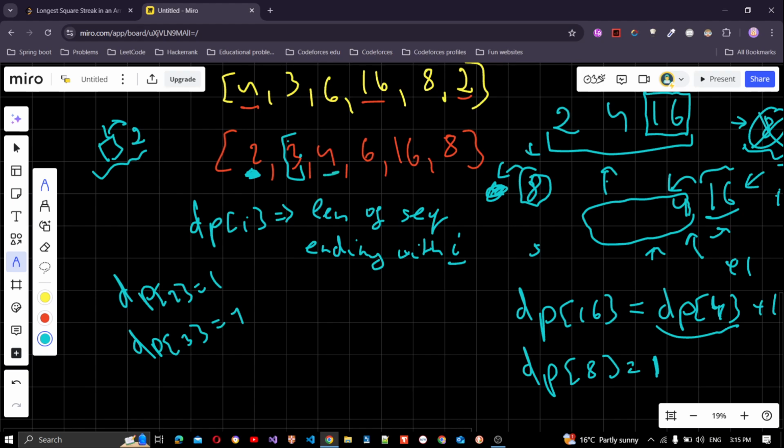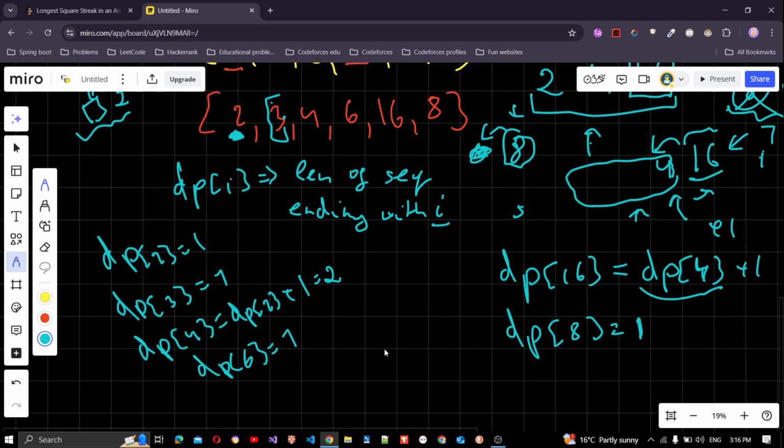So we have dp of 4, the sequence ending with 4. 4 has 2 before it. So what is the length of 2? We already have it. So dp of 4 is dp of 2 plus 1, which is 2. When we're at 6, 6 does not have anything before, so dp of 6 is just going to be 1. And then filling the other values,